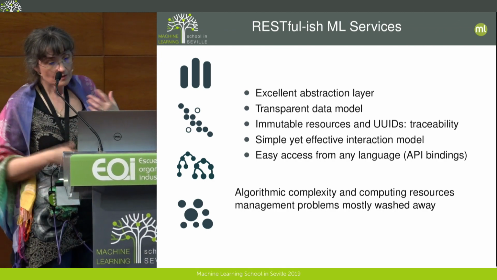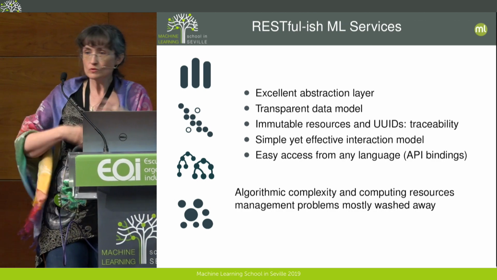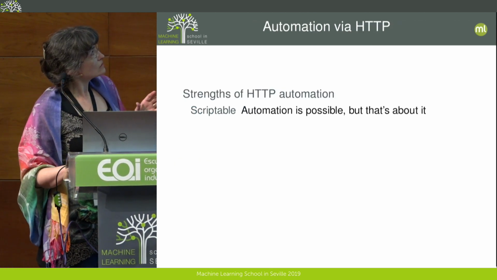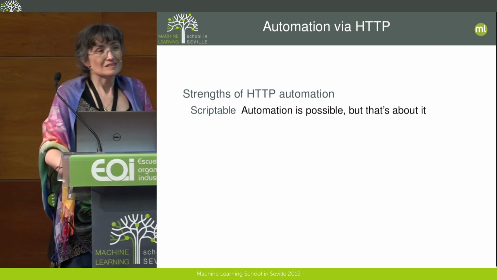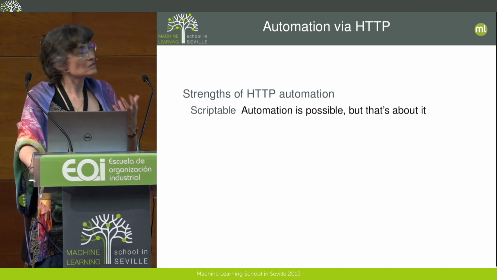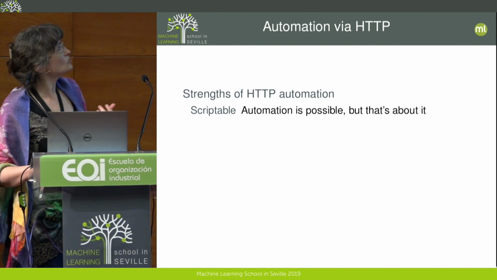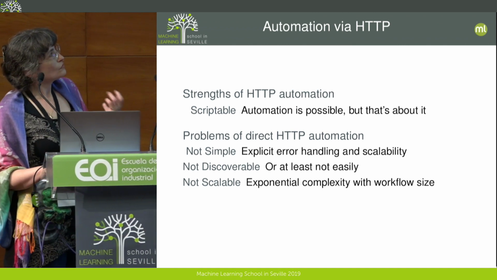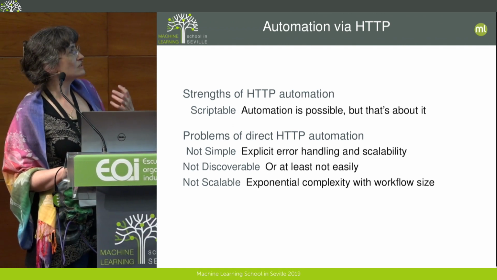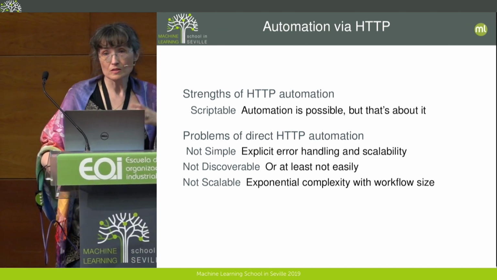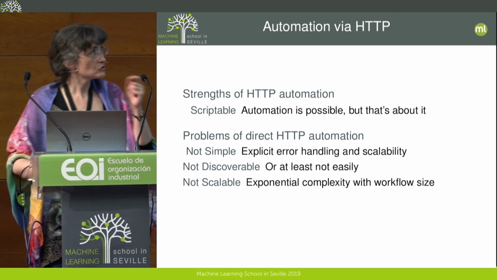And all the algorithm complexity and computing resources are hidden behind this layer of abstraction. So that's a good start. But of course, the way that you have to use this scripting is difficult, right? I mean, it's not so usable. So there's not a simple way of handling errors. It's not discoverable. It's not so scalable because its complexity keeps growing if you have to take care of every